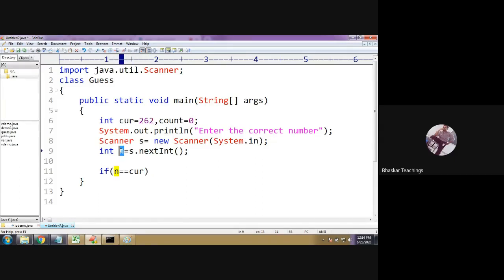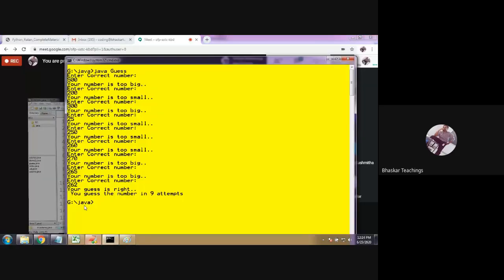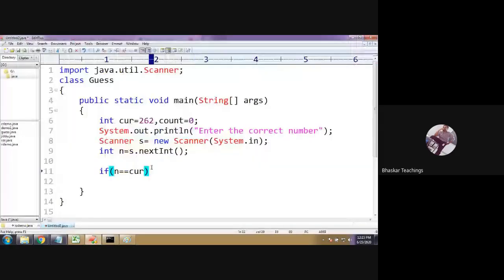And the user entered value is n. So compare n with cur. If it is yes, if the value is true, display the string. Which string are we displaying? Your guess is correct. Your guess is right.